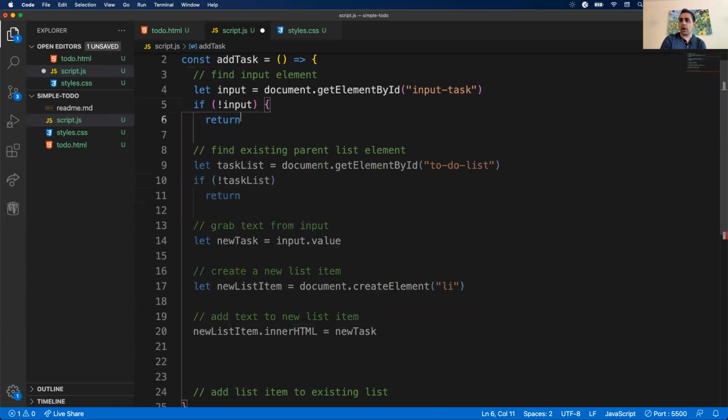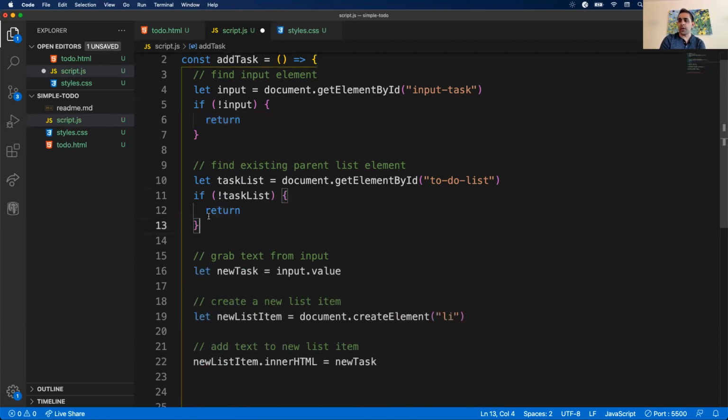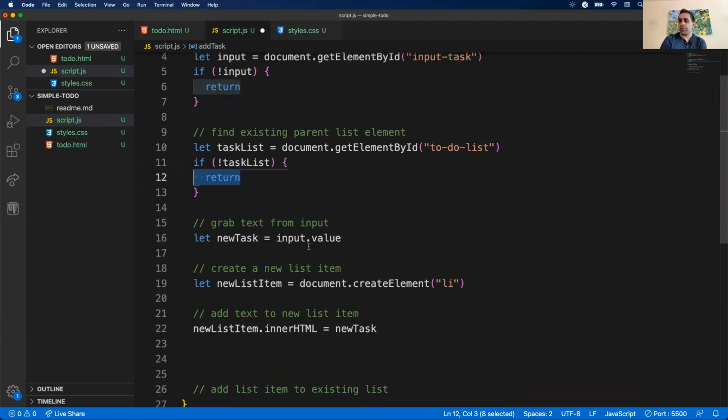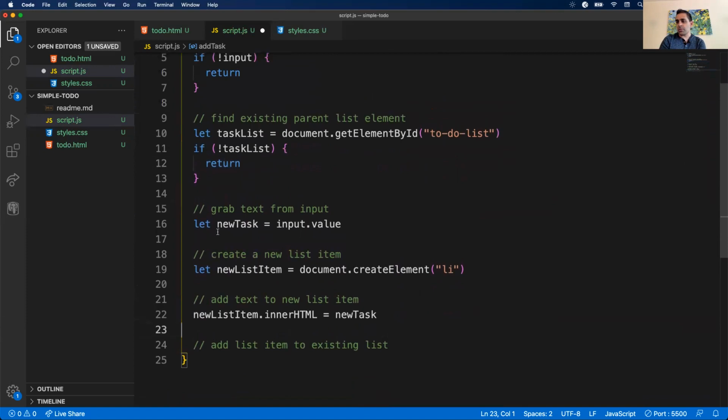These brackets are optional in this very special case because I have only one line in my if statement. So technically, I could leave this as is, and this will be fine. But usually it's good practice to have those brackets just in case I need to add a new line in here. It's already set. So basically you're trying to find a couple elements. If they don't exist, I just want to abandon this. Probably want to write out an error message. But in the likely case that everything works, we should create a new task, or sorry, grab the task